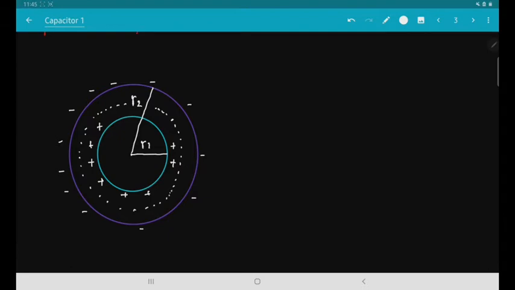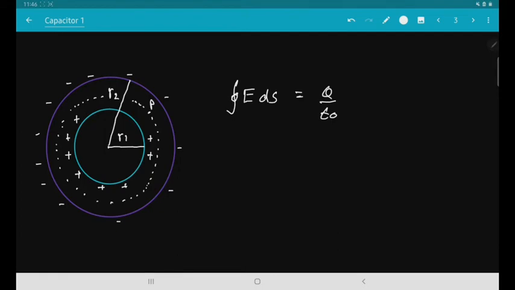So this is the Gaussian surface. The electric field at this point, let us consider this point as P, will be ∮E·ds = q/ε₀. We will write the direction later. This will be the closed surface integral. Now this charge means the charge which is enclosed in the Gaussian surface. As you can see, the charge that is enclosed in the Gaussian surface is only the positive charge. So it will be q divided by epsilon naught.